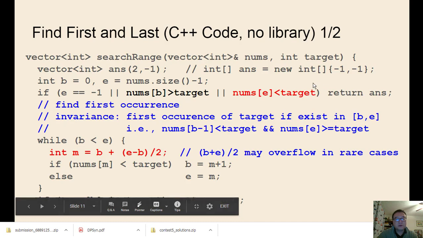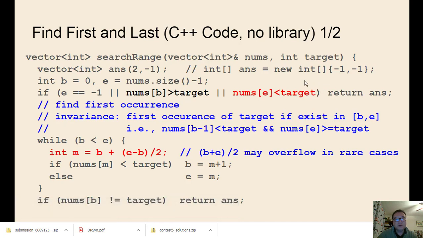Okay. So at the end of this loop, I have to check whether B is the first element that is either greater than or equal to target. I have to check whether nums[B] equals target. If it doesn't equal target, then that means target does not occur, so I return -1, -1. Otherwise,